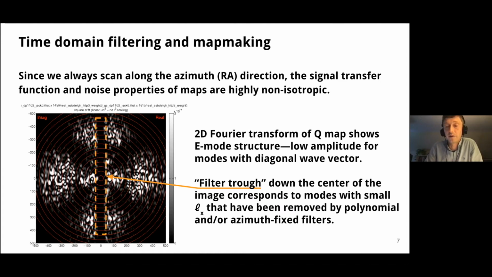not unbiased maps of the sky, and so they have complicated signal transfer function and noise properties that are highly non-isotropic. Again, remember that because we're at the South Pole, we're always scanning in the direction of right ascension. So we have some pretty extreme